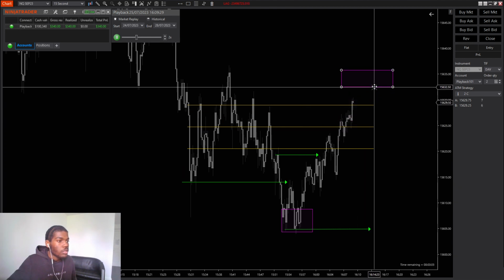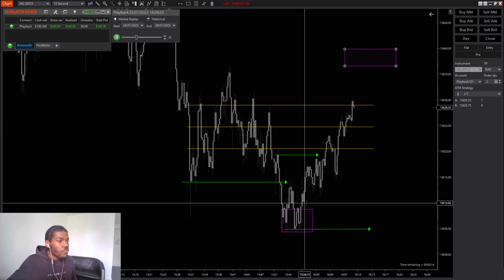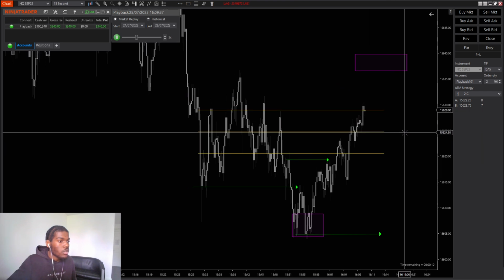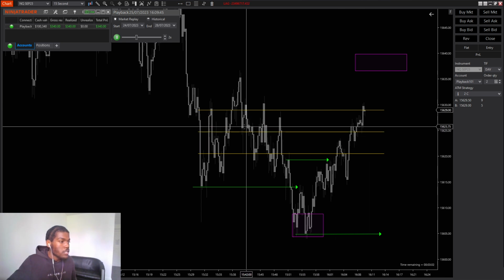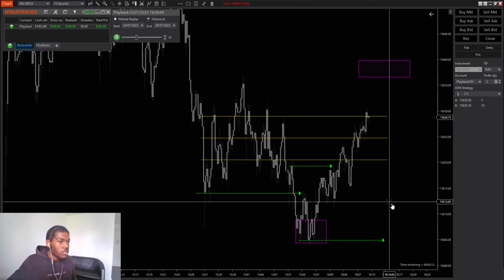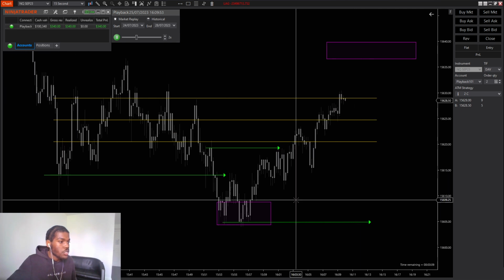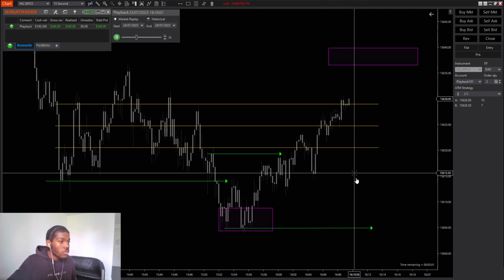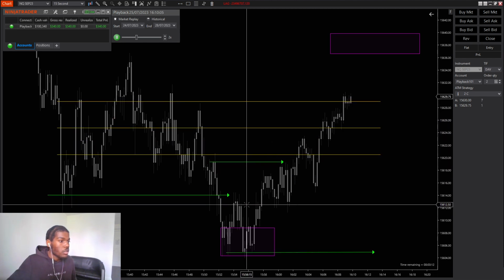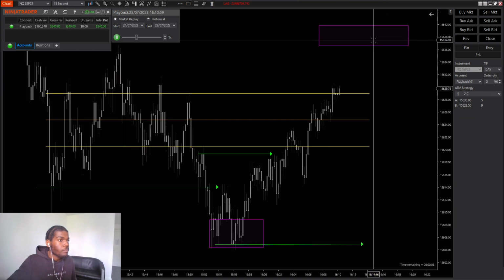Because this is what used to happen to me very, very often, where yes, price is in a zone, but just because price is in a zone to the left doesn't mean that it's going to reverse. So you need to pay attention to your right side too. Now you can count your swings too. That's cool. Definitely do that. That's what you should be doing